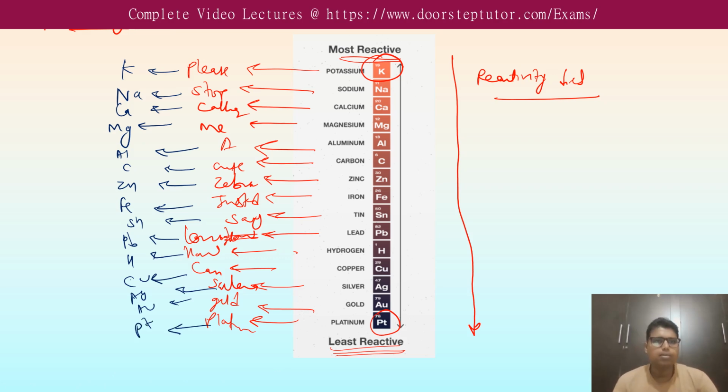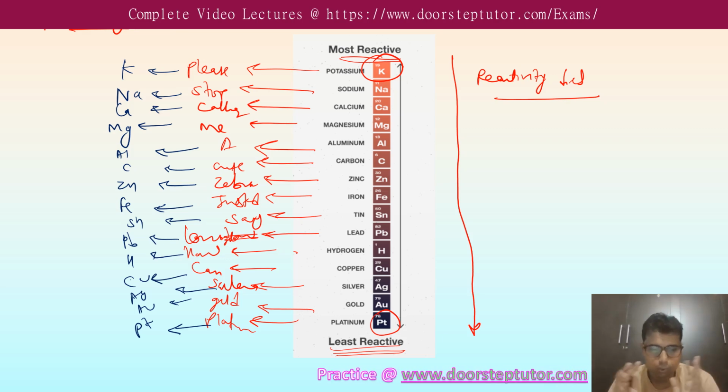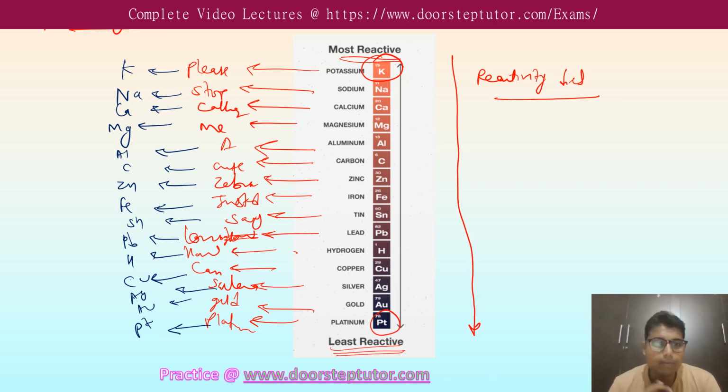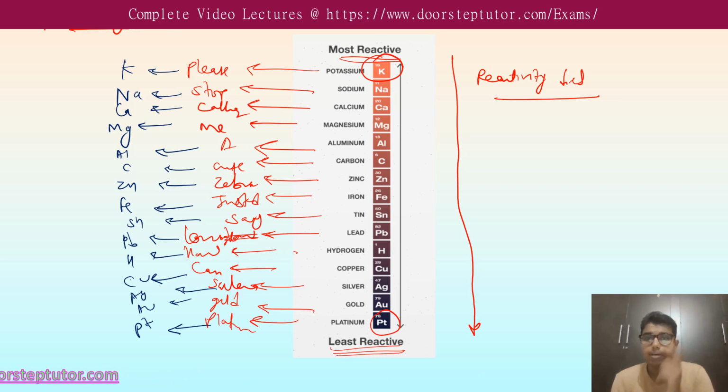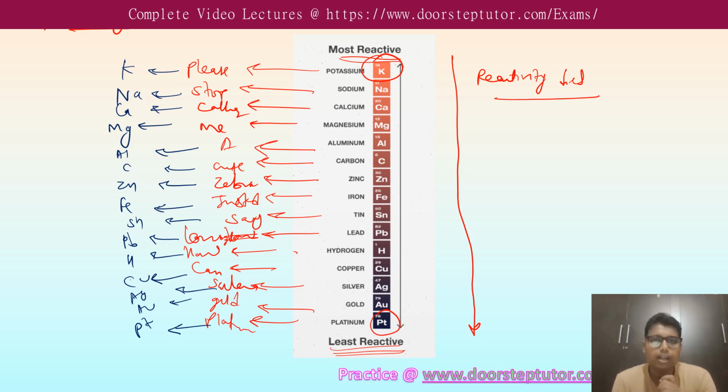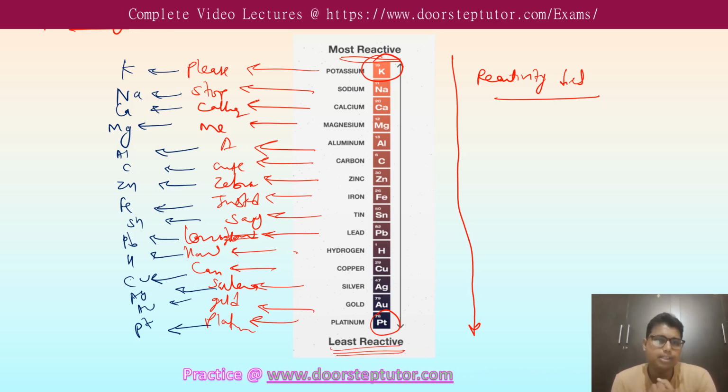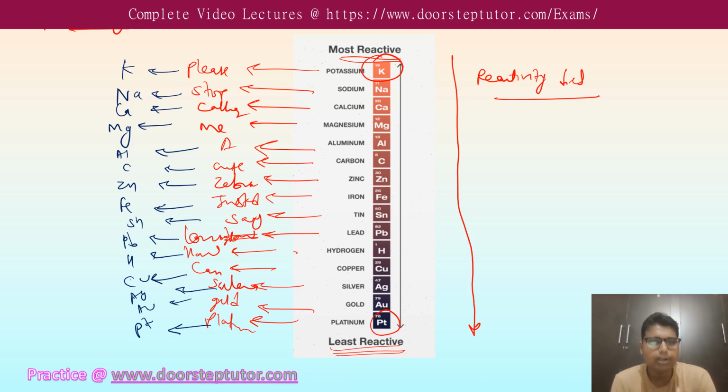So this is how you can remember the reactivity series. And this series is widely used in chemistry to understand the reactivity of elements. When we were studying displacement reactions, we were comparing reactions. For example, if we have copper sulfate solution and I put an iron nail in it, what will happen? The blue color of the solution will become light, that is, fade, and that is because of the reactivity of copper and iron. When we compare the reactivity